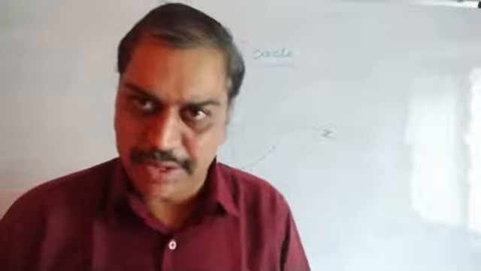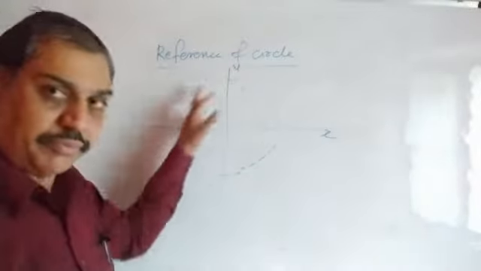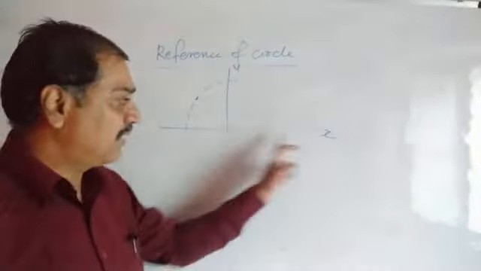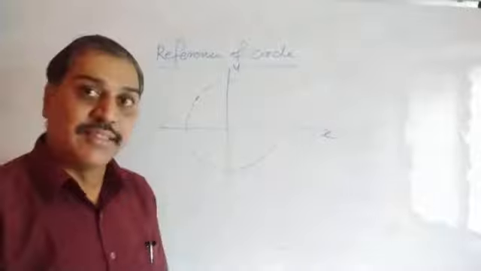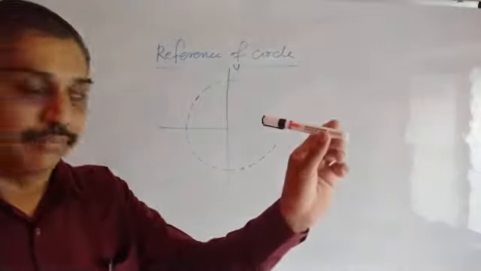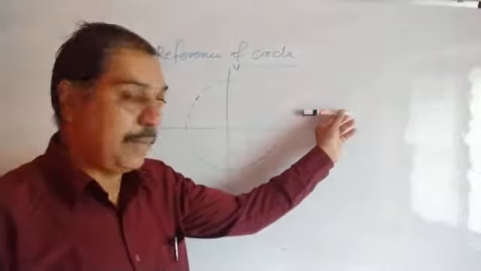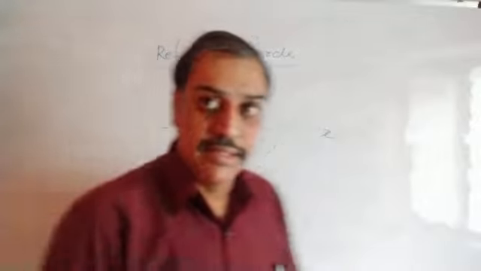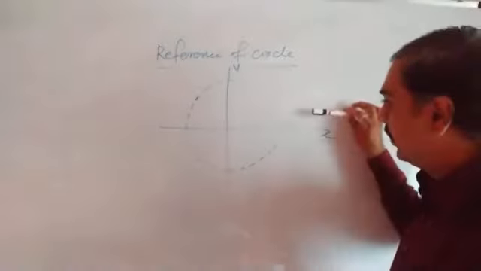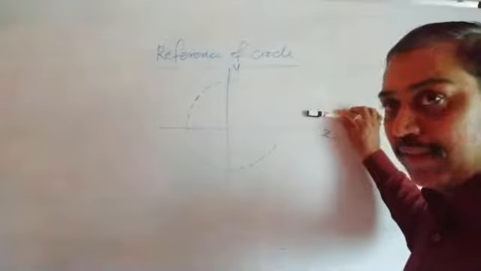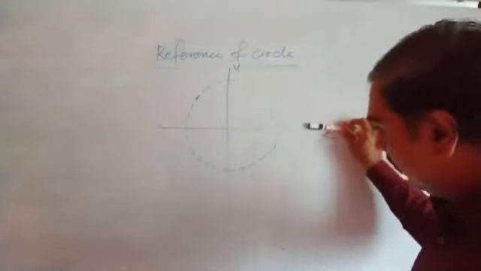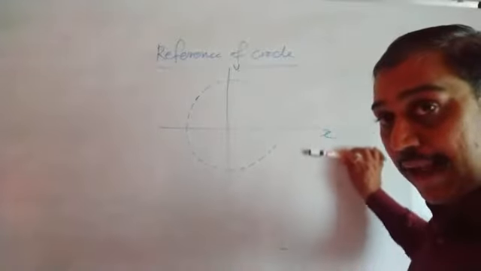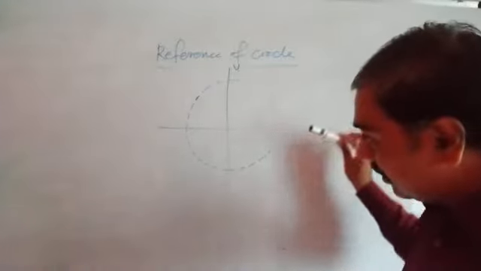I will try to explain it. Suppose this is a circle, this is the x-axis, this is the y-axis. Now here are two things we have to do. Suppose I have this torch or light. I am going to apply it exactly parallel to the x-axis, like this. It goes upward like this, comes downward like this, but it must be parallel to the x-axis.